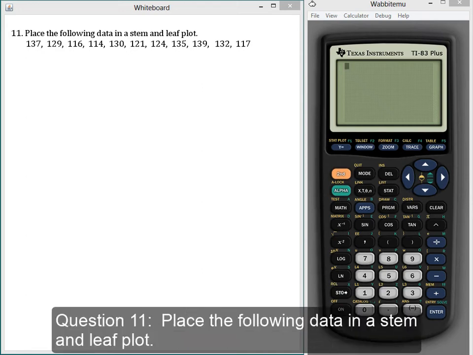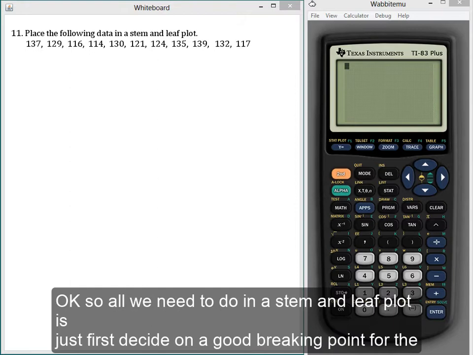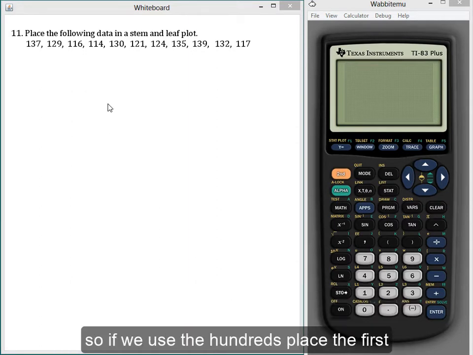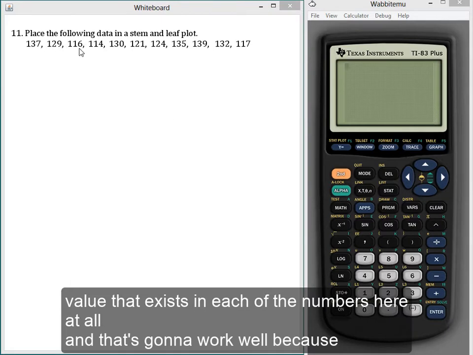Number 11. Place the following data in a stem and leaf plot. Okay, so what we need to do in a stem and leaf plot is just first decide on a good breaking point for the data for the stem and the leaf. So if we use the hundreds place, the first value that exists in each of the numbers here, I don't